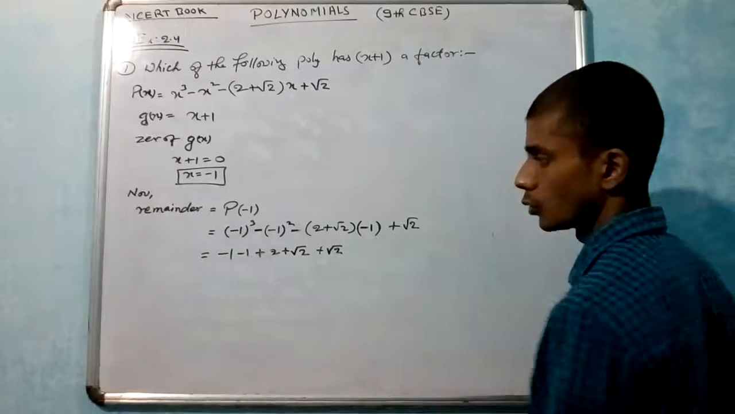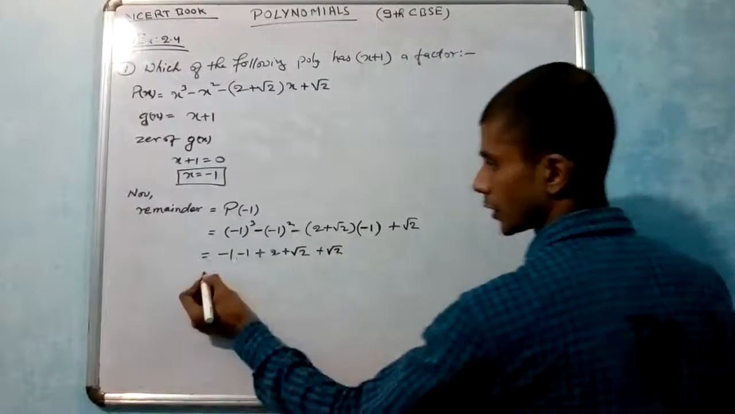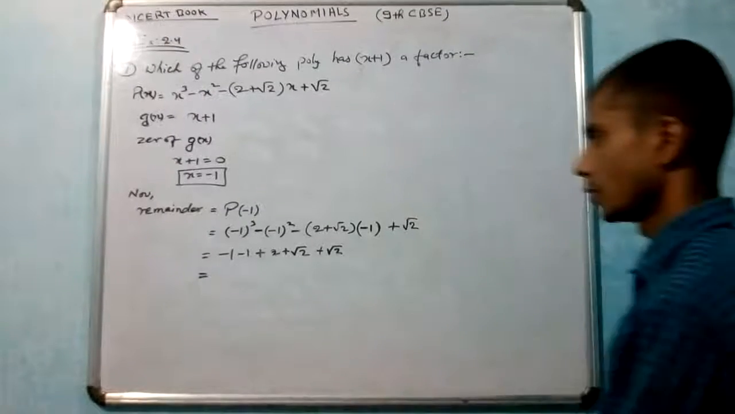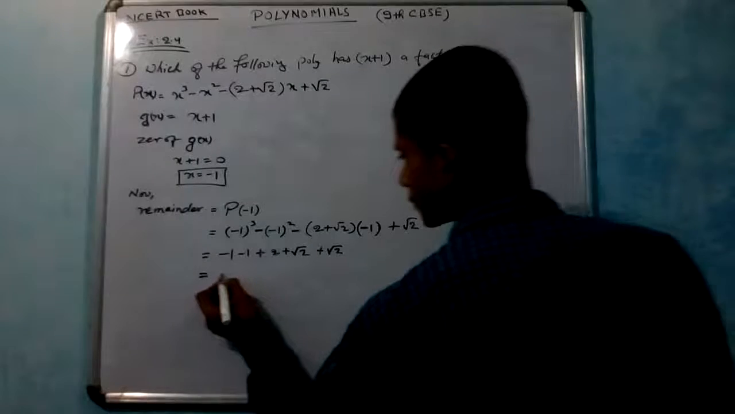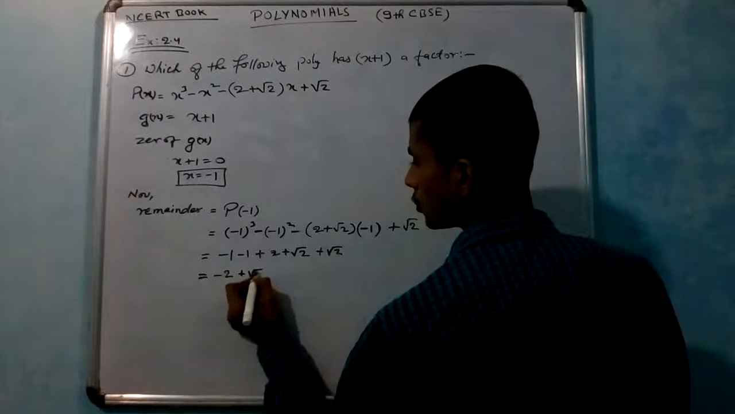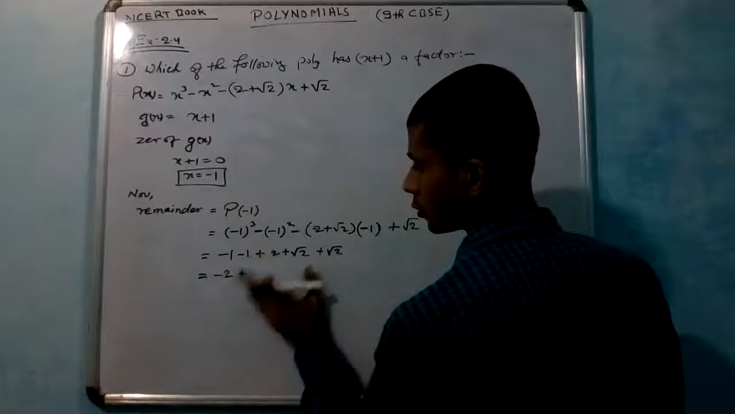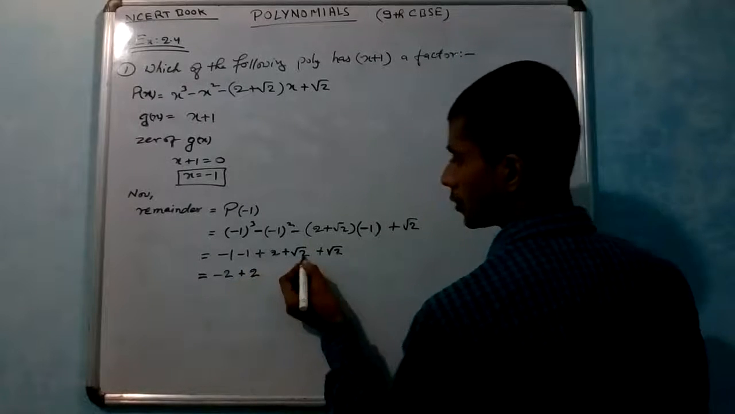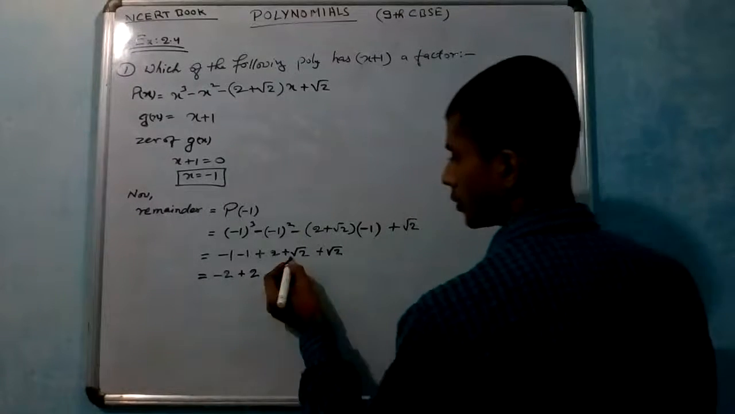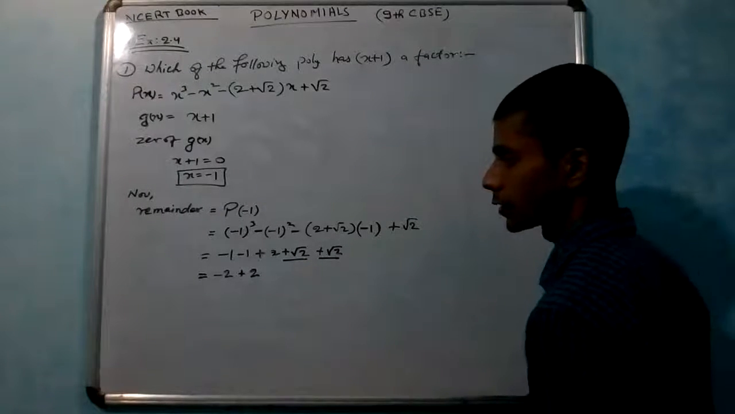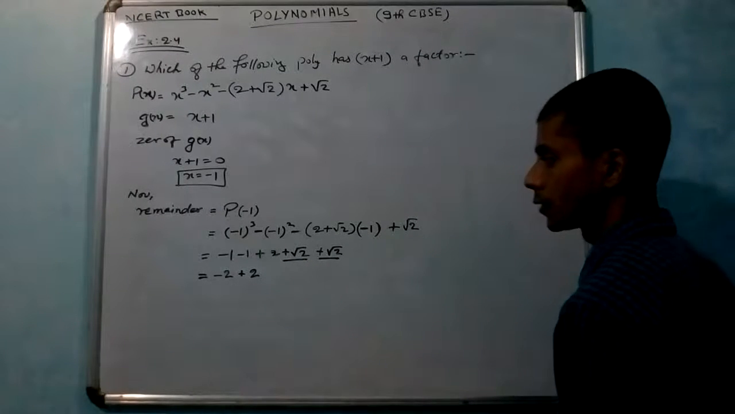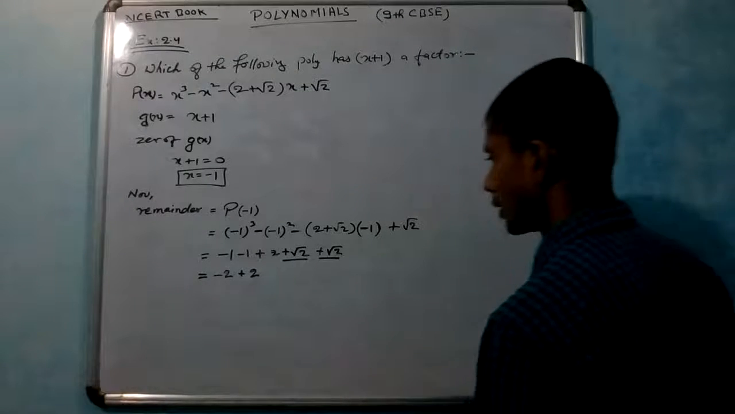Done. Next what? Tell me what I should write. Minus 2 plus 2. You tell root 2 root 2. One mango, you are adding plus. Yes, of course we can add. So it will become